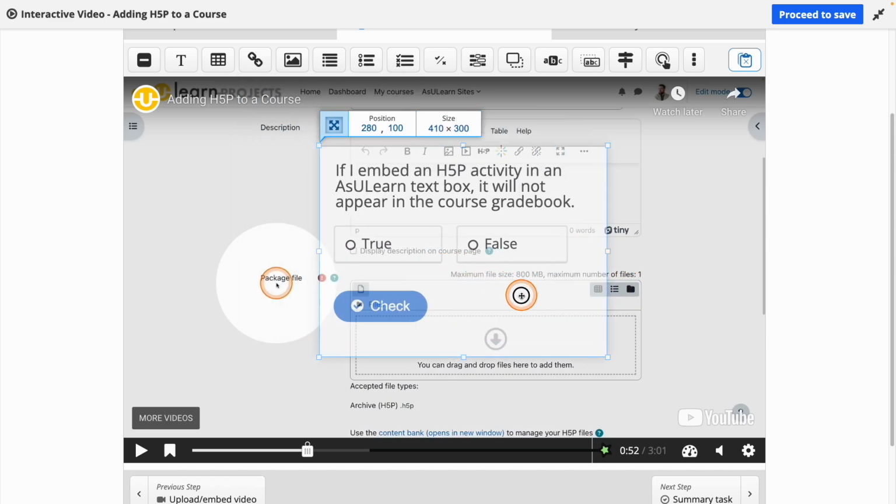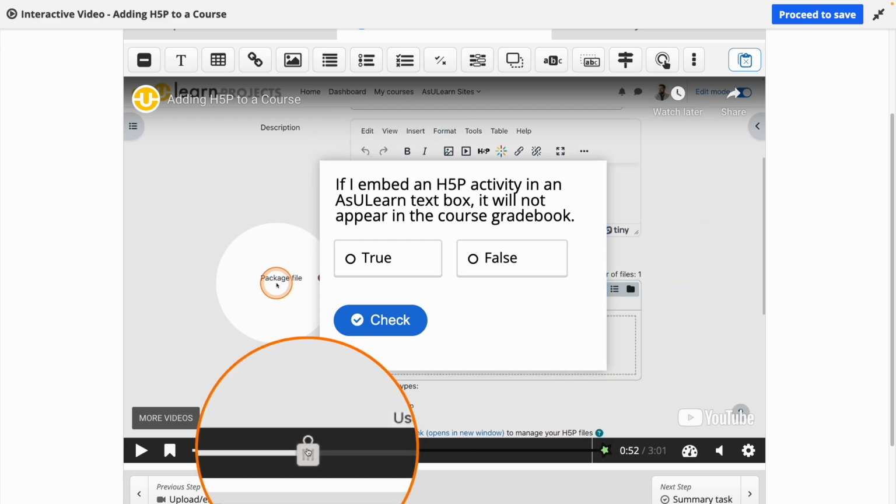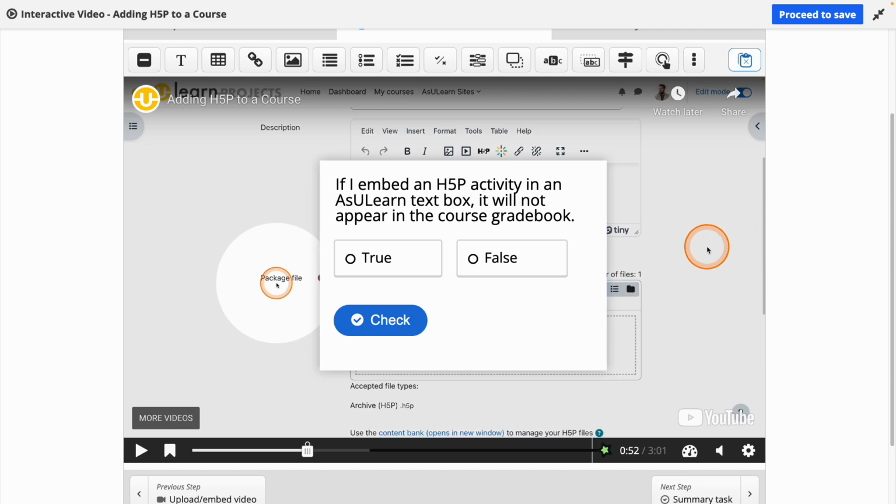I'm going to put mine right about here. So based off of the settings that I chose, when my students are playing the video, it will pause when it reaches this question, and the question will display by default like this, rather than as a button. There are certainly other types of interactions I can add, including non-graded interactions like an image or an external link